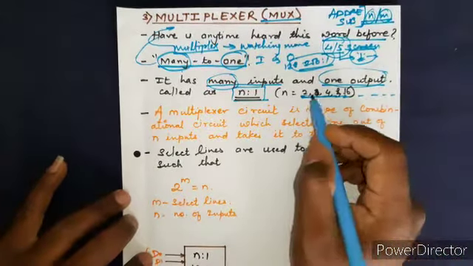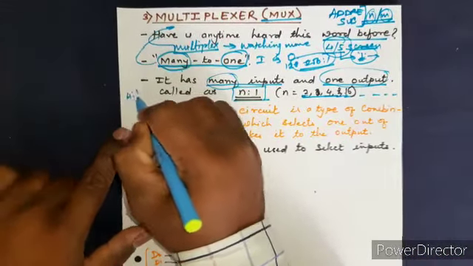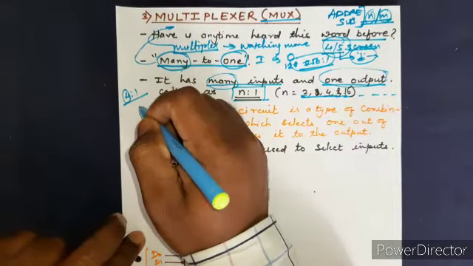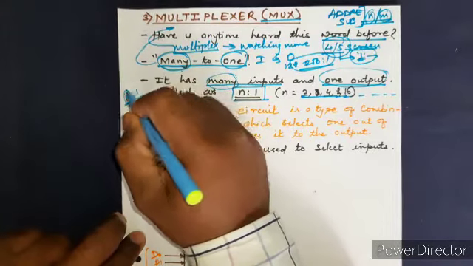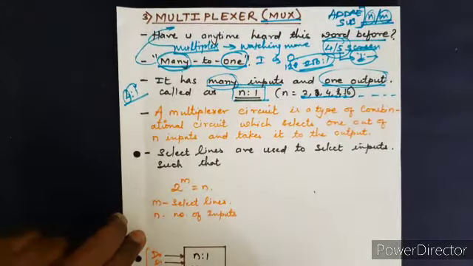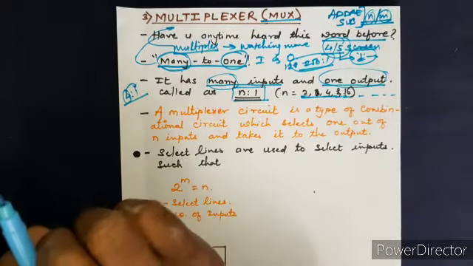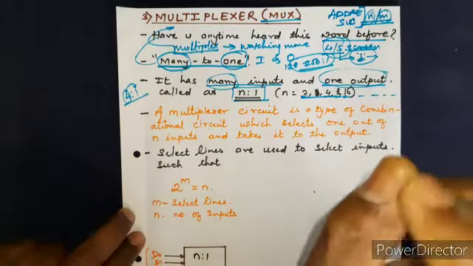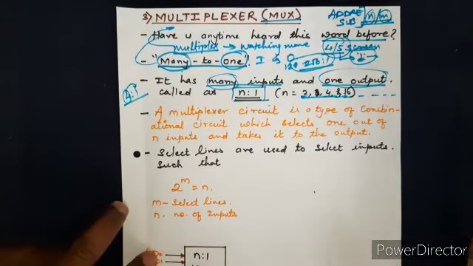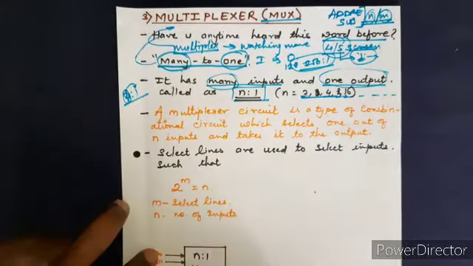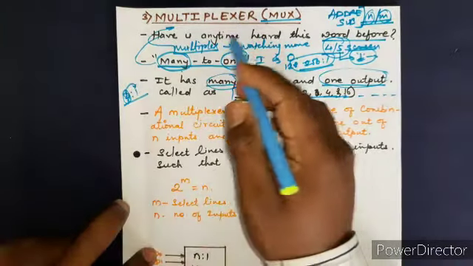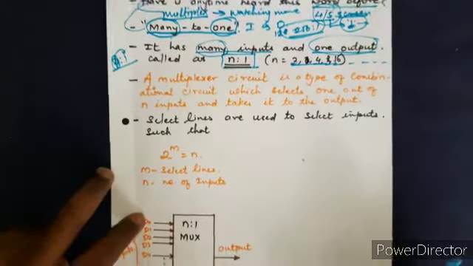Okay, so what does this mean? If I write 4:1, then I have 4 inputs, and out of 4 inputs, depending on some value, I am going to select only one input at a time. For a particular time, a particular instant, out of 4 I will select only one input, right? Or 8:1. So out of 8 I would select only one input that will be routed to the output. Now that is called a multiplexer.